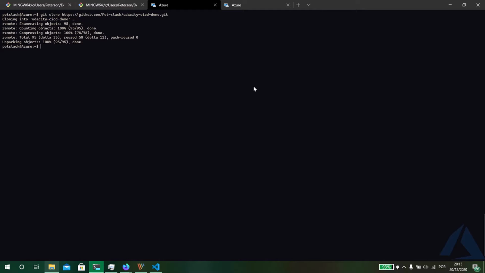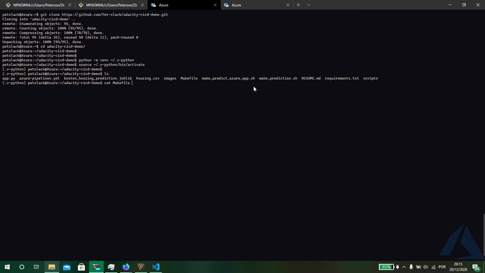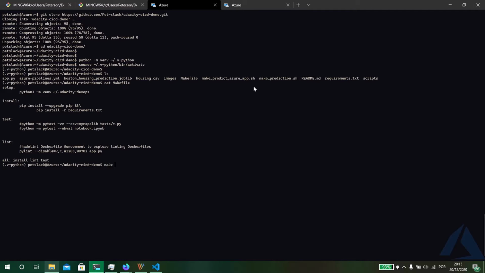Okay, let's build our project. The first step is just to clone the GitHub repository and enter it. Then we need to set up our virtual environment. Now activate it, and then using our makefile we need to build our project